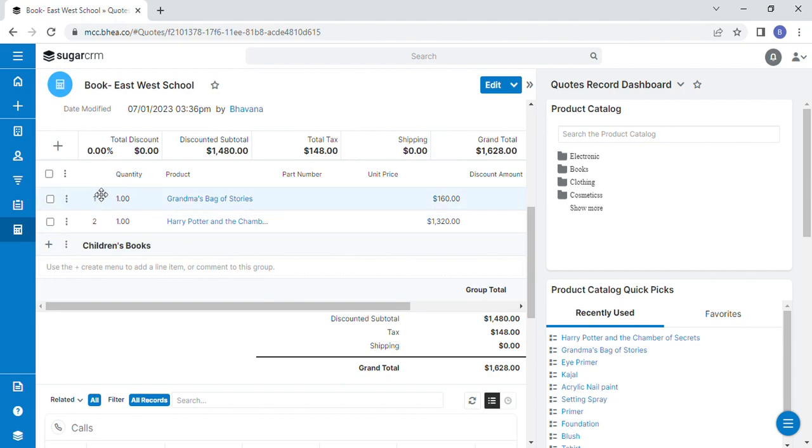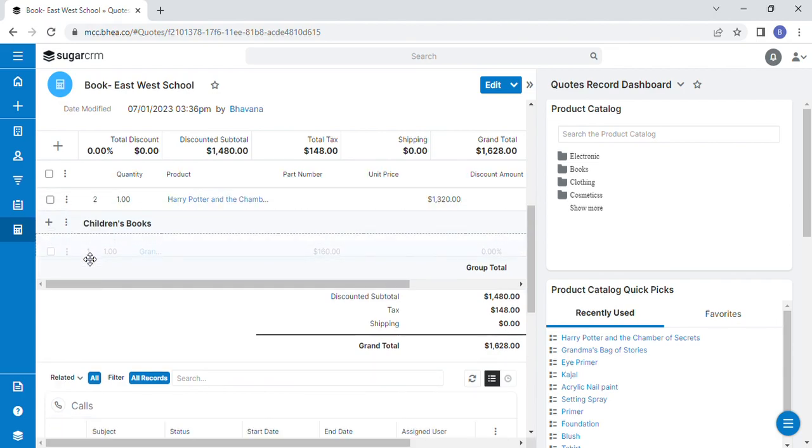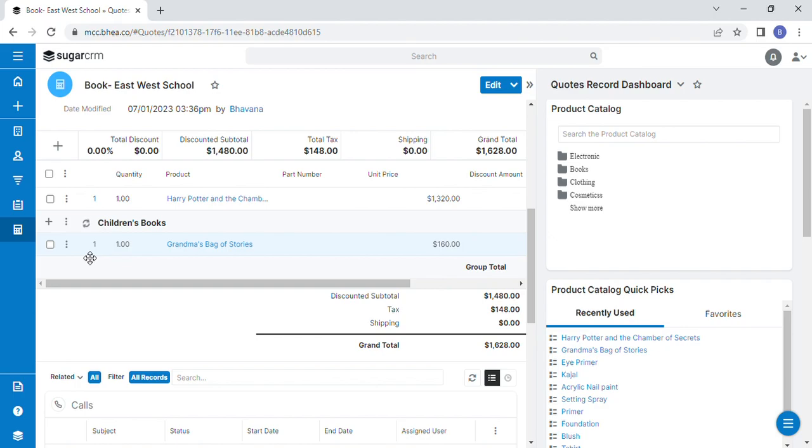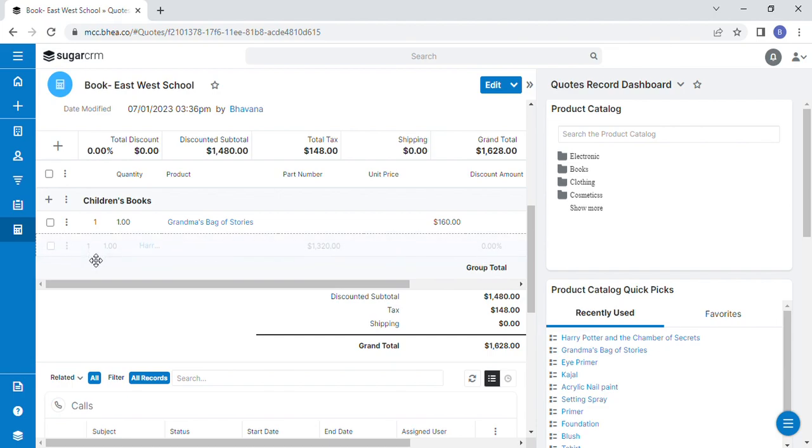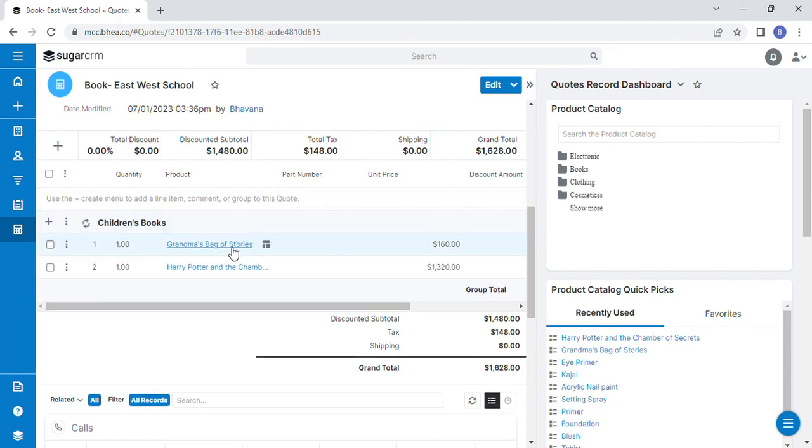And these two come under the children's books, so let me group them under the children's books. Let me drag and drop here, and let me drag this and drop here. So now the group is being generated saying children's books, and under that we have Grandma's Bag of Stories and Harry Potter. Now let me add another group